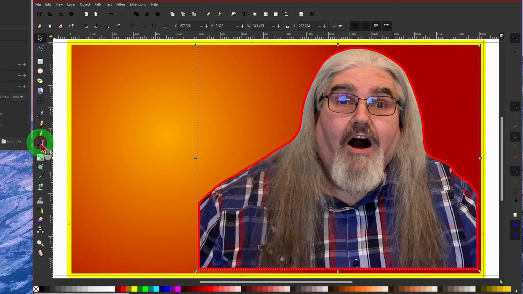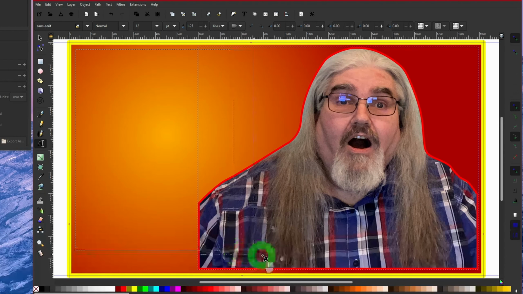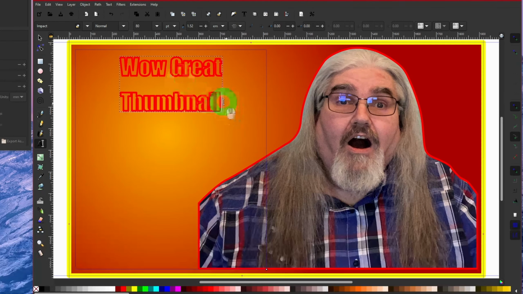So now we're going to take our text tool, and then we're going to draw a box for our text. Okay, so now we can select our text. First, we want to set a solid color. An outline, we do want to have a stroke on this, but we also want a solid color in the middle. So we're probably going to make our solid color,